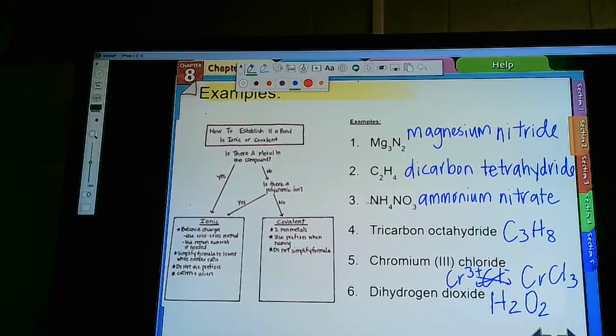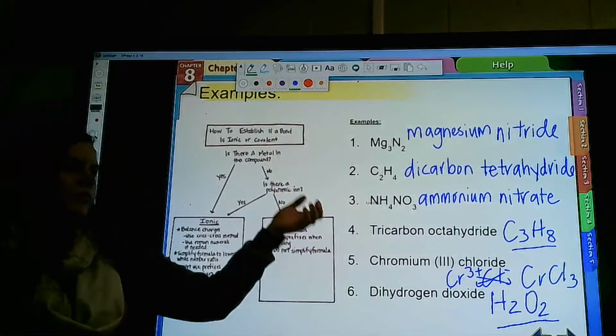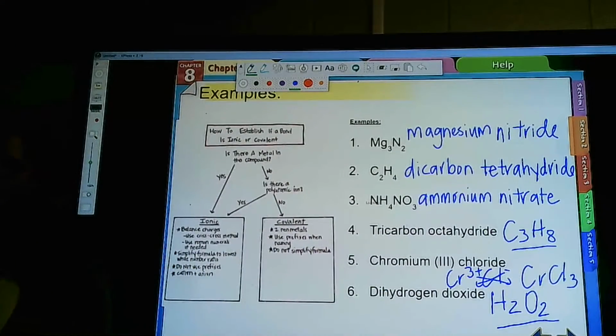Other things you should be aware of, some of these covalent compounds have common names because they were given names before we came up with this naming system. So water, we know is H2O, but it does have a scientific name of dihydrogen monoxide if we follow the naming system. Ammonia is NH3. Propane is that guy. This is hydrogen peroxide there, H2O2. So there are common names for these. They don't have to judge. But this is the naming system that we use. The other thing that we're going to